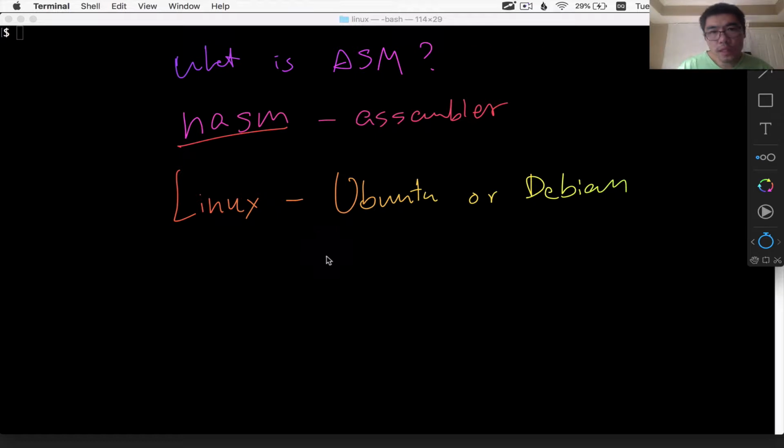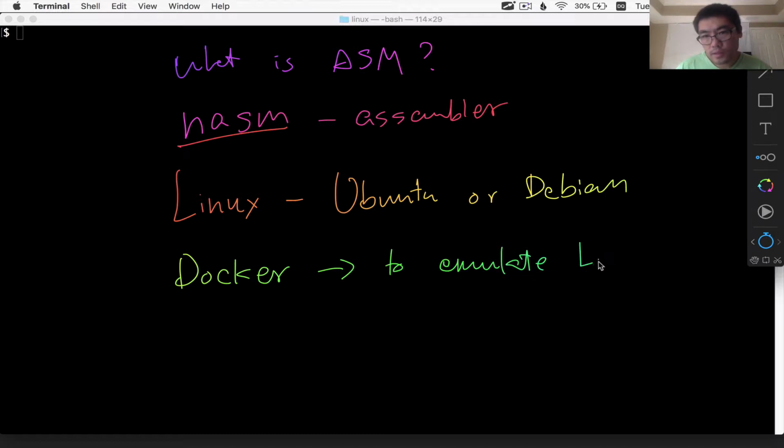And because I'm using a Mac, I'm actually going to use Docker to get my Linux in there, to emulate a Linux on my OS X computer, and Mac users and also Windows users can use this.